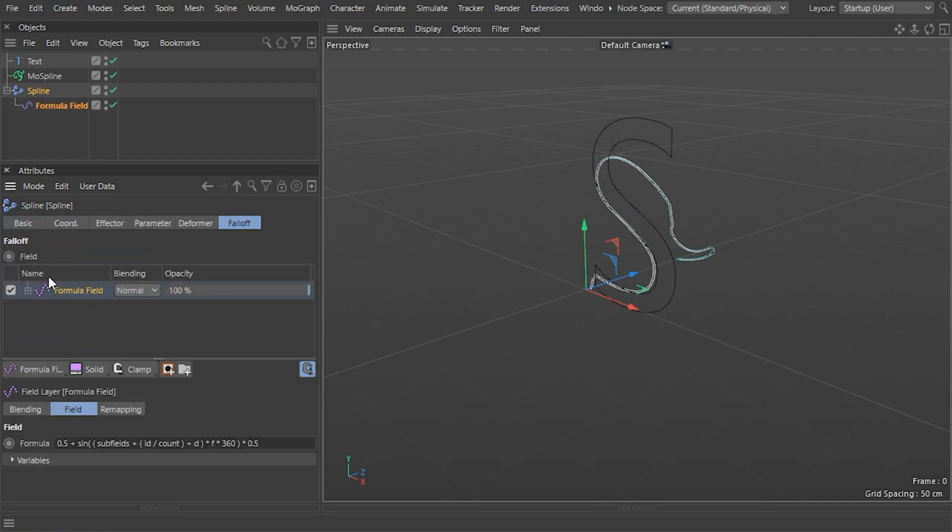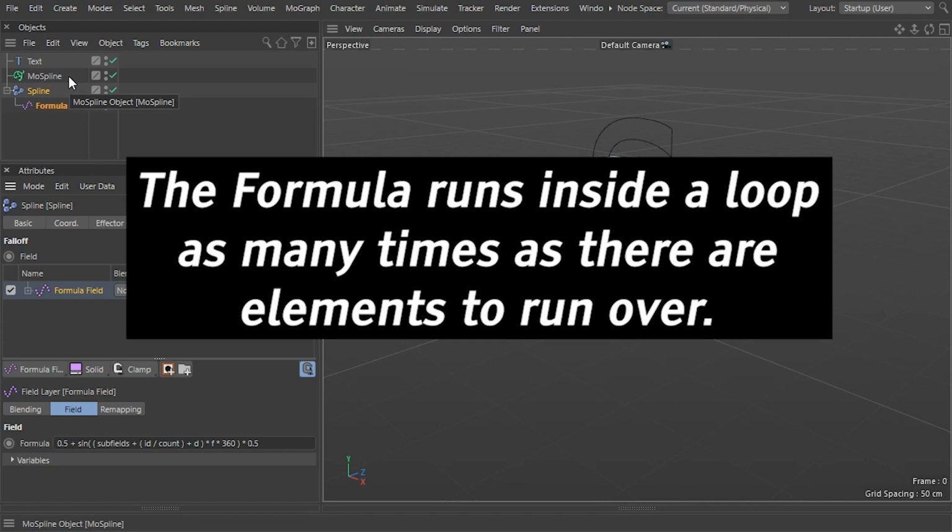Now before we do anything here, let me make something clear. The expression written in the formula input field affects every piece of MoGraph generator it is applied to separately, be it clones, matrices, Mospline points, fracture objects, or Voronoi fracture pieces. Because MoGraph effectors can also act as geometry deformers, the formula in the text field runs on every geometry point or polygon separately. In scripting terminology, the formula runs inside a loop as many times as there are pieces of